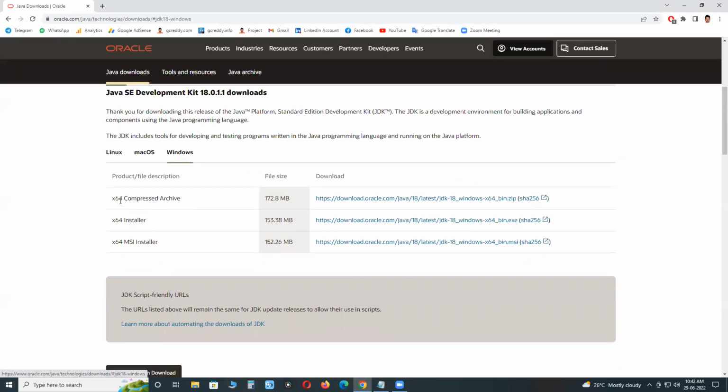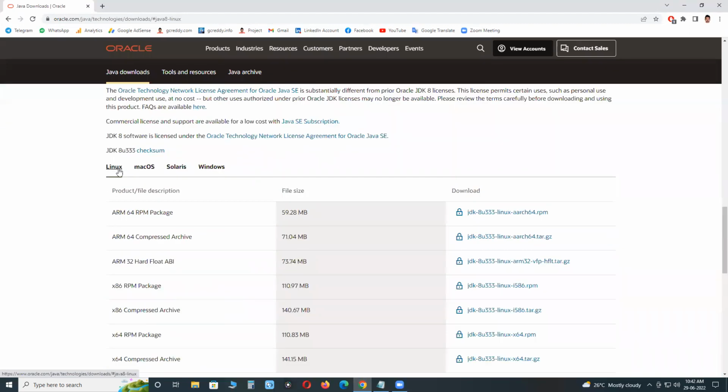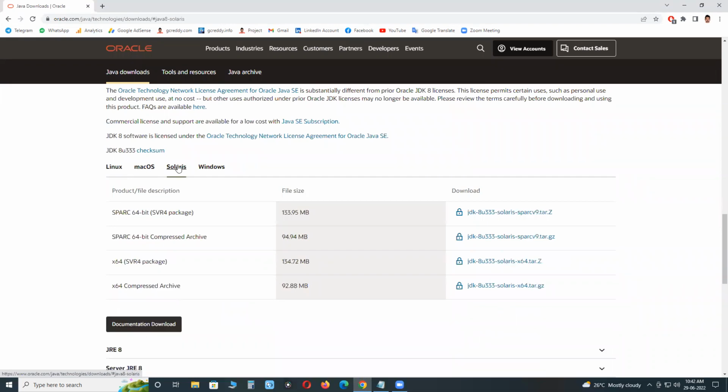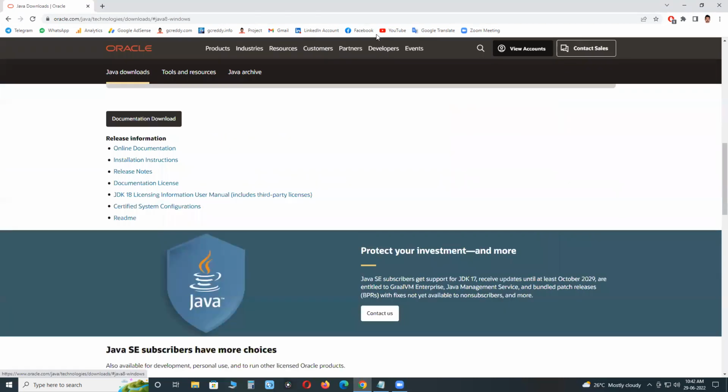For Windows also, 64-bit compatible software, next 32-bit compatible software, etc. Linux, Mac, Solaris, Windows, x86 means it is for 32-bit operating system, x64 for 64-bit operating system.